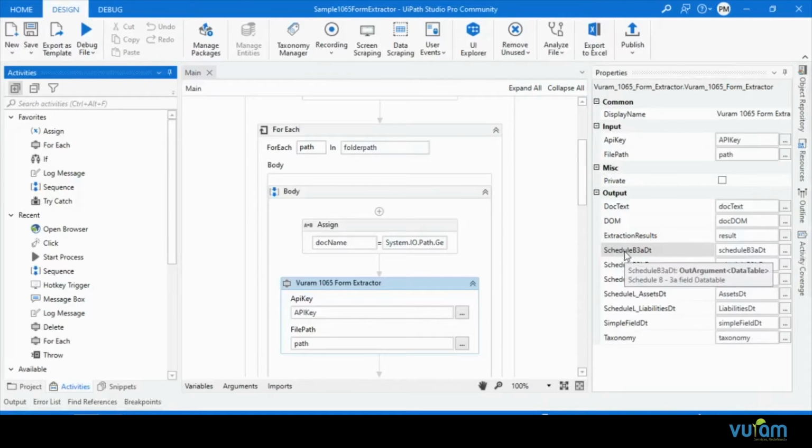The next 5 output arguments, starting from Schedule P 3A DT to Schedule L liabilities data table, store different tables that are available inside the document.